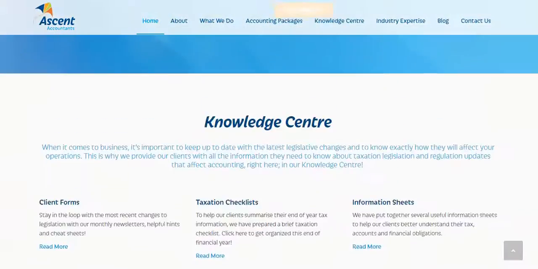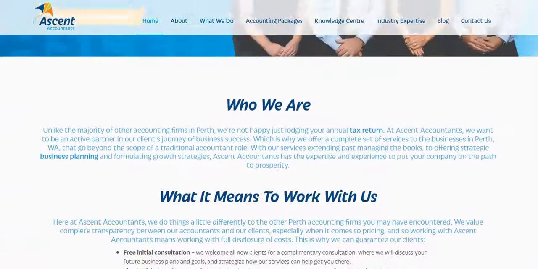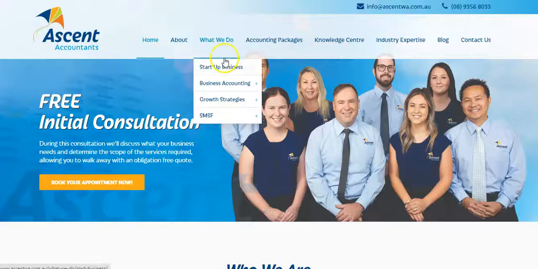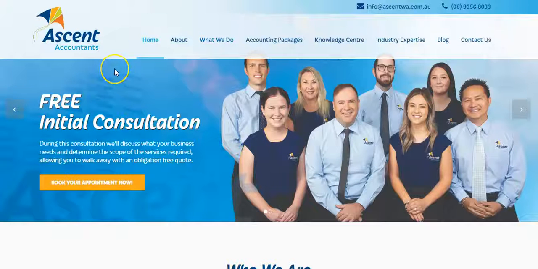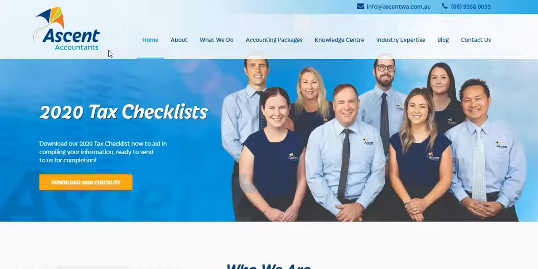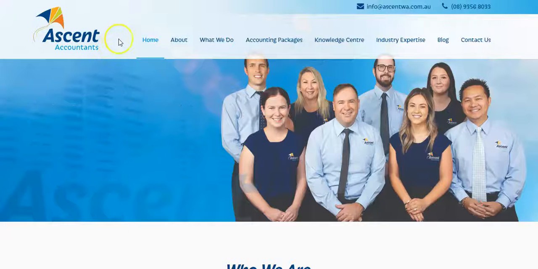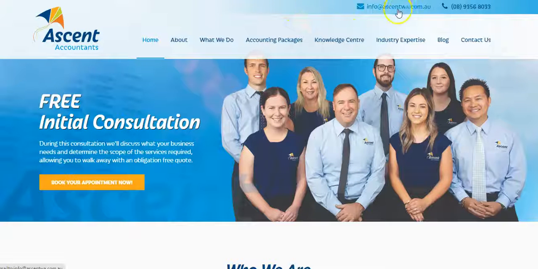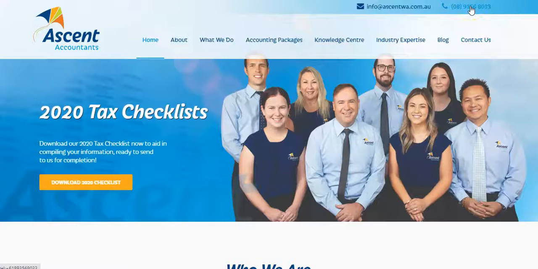It is quite a basic layout, but the thing is they do have that content, and a couple of other things I'd like to show is the number of times people can actually contact you with ease. You'll need a responsive site and you'll need click to call numbers. So as you can see up here, the email and phone number are all click to call, because if I was on my mobile, I click that, bang, I'm talking to them straight away. That's just a must, I believe.